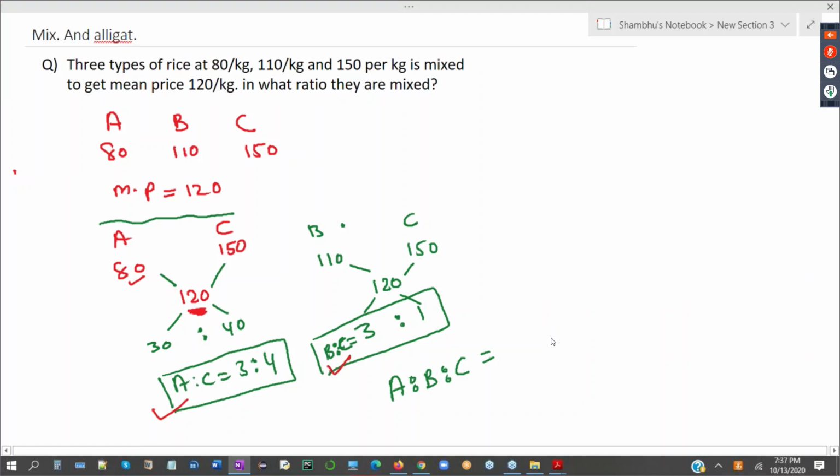In A and C and B and C, A is only written once, right? What is the value of A? Value of A is 3. No, Monisha, Arun, not correct. Listen how I'm saying. It is not what you are thinking. So, in A and C and in B and C, A is only used once and the value of A is 4. It is 4 kg from A mixed. B, how many kg were? You can see B is also used only once.